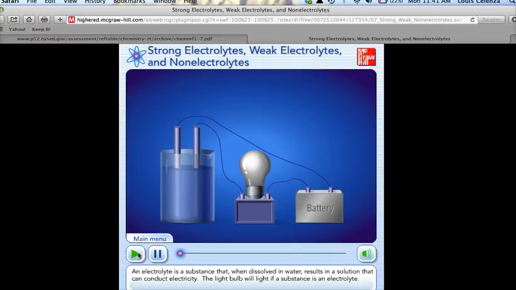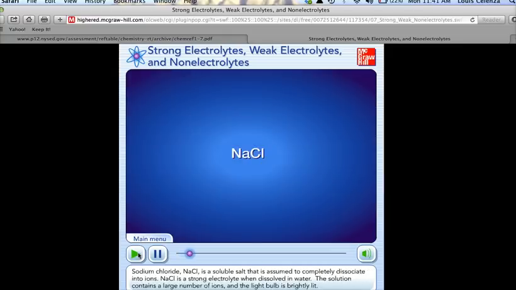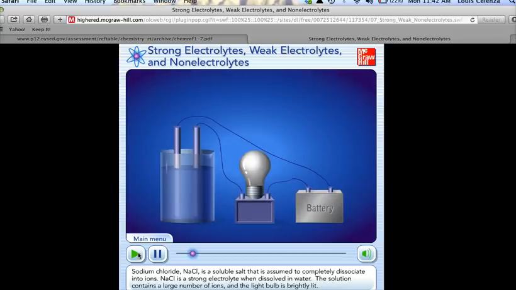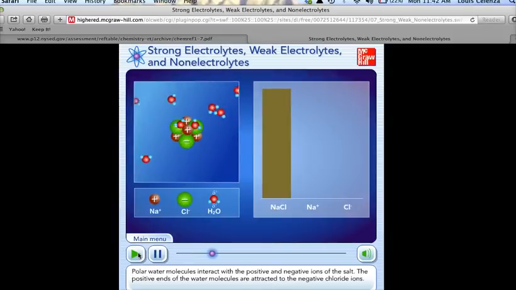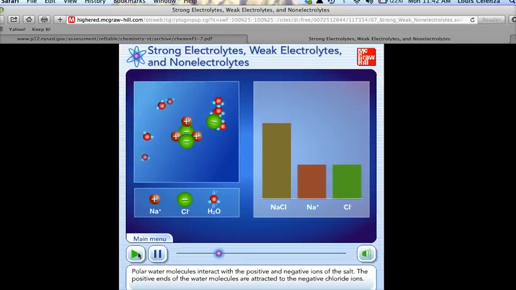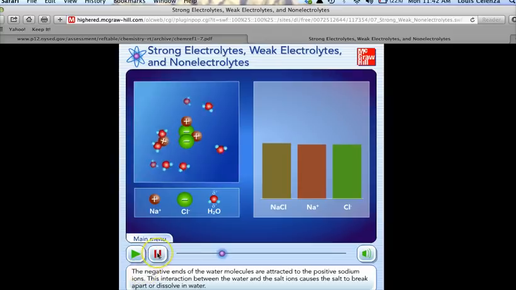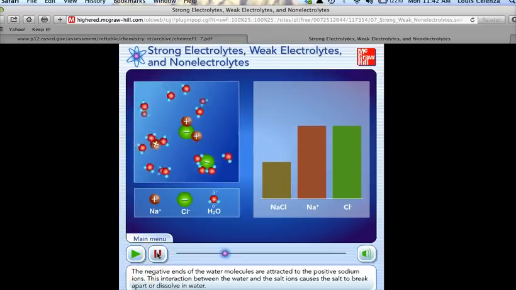An electrolyte is a substance that, when dissolved in water, results in a solution that can conduct electricity. The light bulb will light if a substance is an electrolyte. Sodium chloride, NaCl, is a soluble salt that is assumed to completely dissociate into ions. NaCl is a strong electrolyte when dissolved in water. The solution contains a large number of ions, and the light bulb is brightly lit. Polar water molecules interact with the positive and negative ions of the salt. The positive ends of the water molecules are attracted to the negative chloride ions. The negative ends of the water molecules are attracted to the positive sodium ions. This interaction between the water and the salt ions